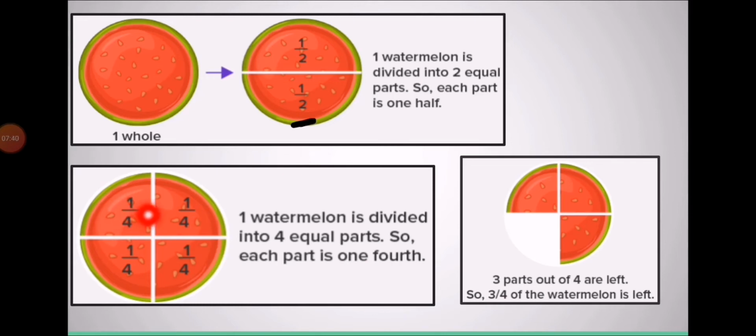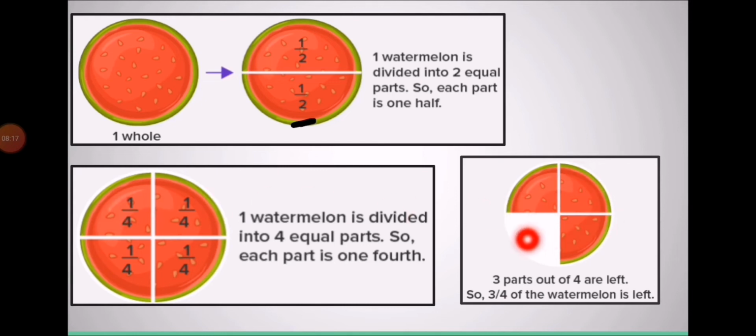For a fraction, we draw a line and under the line, we will write the total parts. And above the line, we will write the parts we have taken out or the parts we are having. So this one is out of 4. This one is out of all 4. So total parts are 4. Each one is 1/4. 1/4, 1/4, 2/4, 3/4, 4/4. 4 by 4 is the total, a whole. So this watermelon is divided into 4 equal parts and each part is 1/4 of a whole.